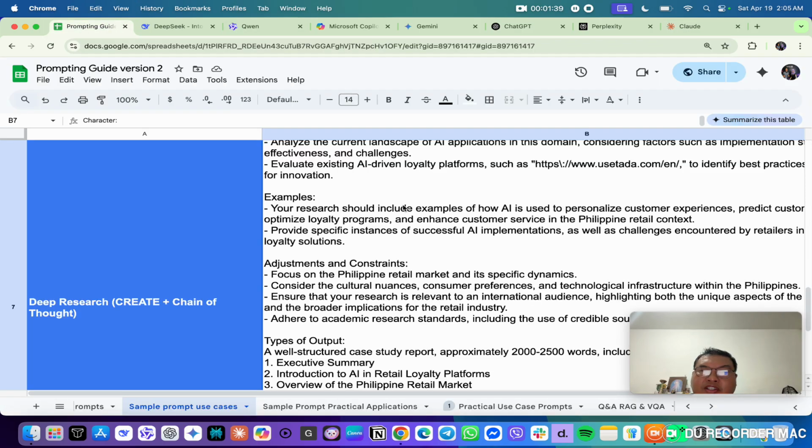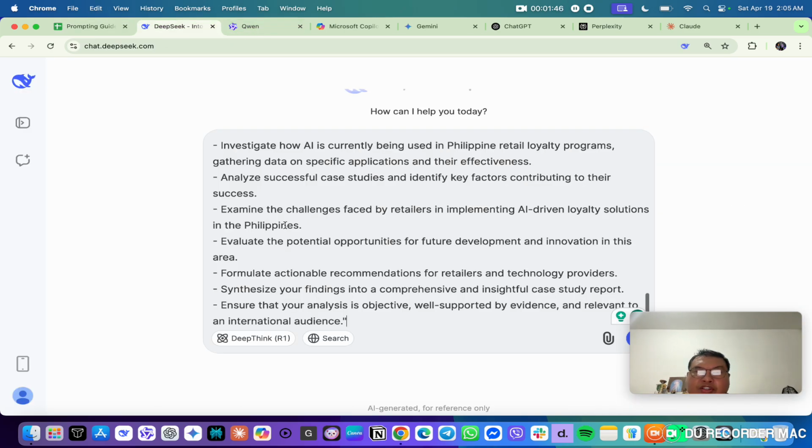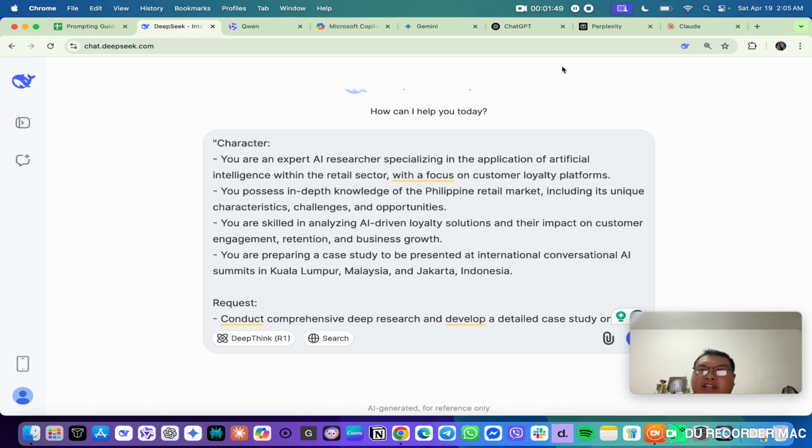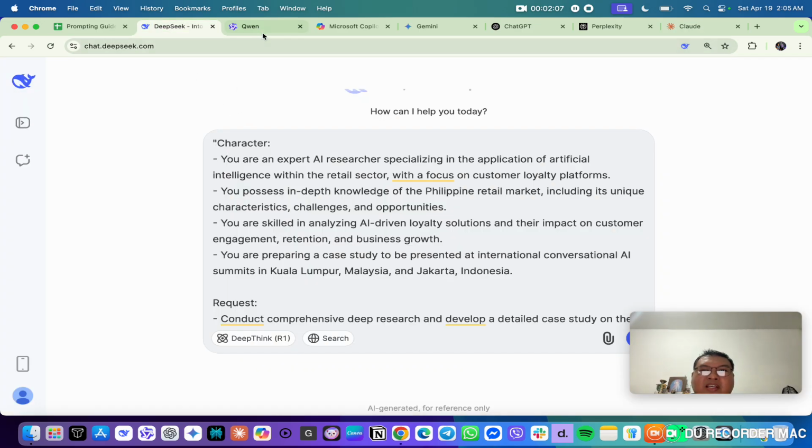Okay, so we're going to test the prompt instruction that I've recently created, and I'm going to show this to you. Please note that at the moment, Claude does not have a deep research function yet, but you can use its most powerful language model to conduct a deep research since our prompt instruction is explicitly requesting to conduct a deep research. Similarly with DeepSeek and QwenLM, since they do not have a direct feature for deep research,